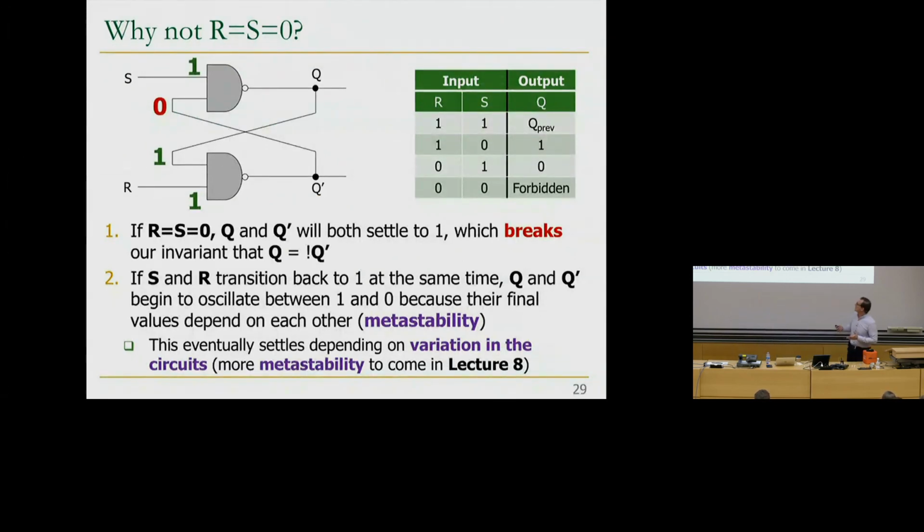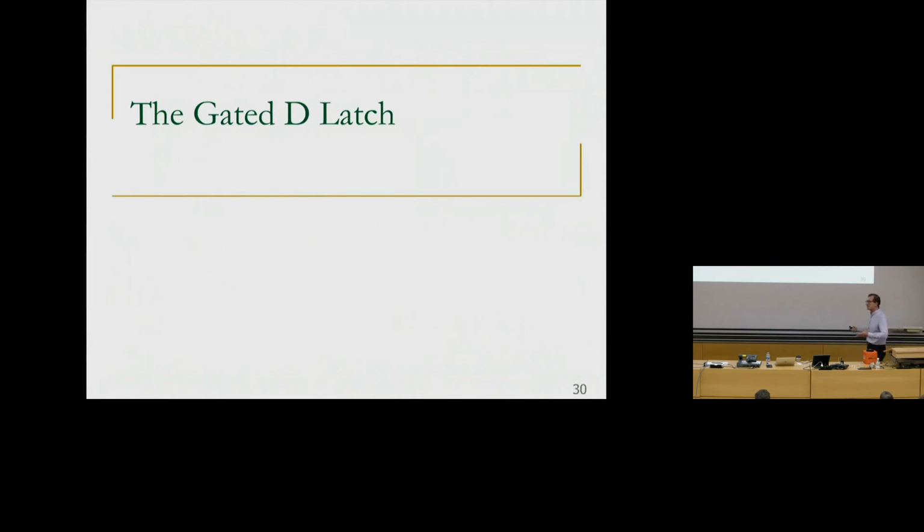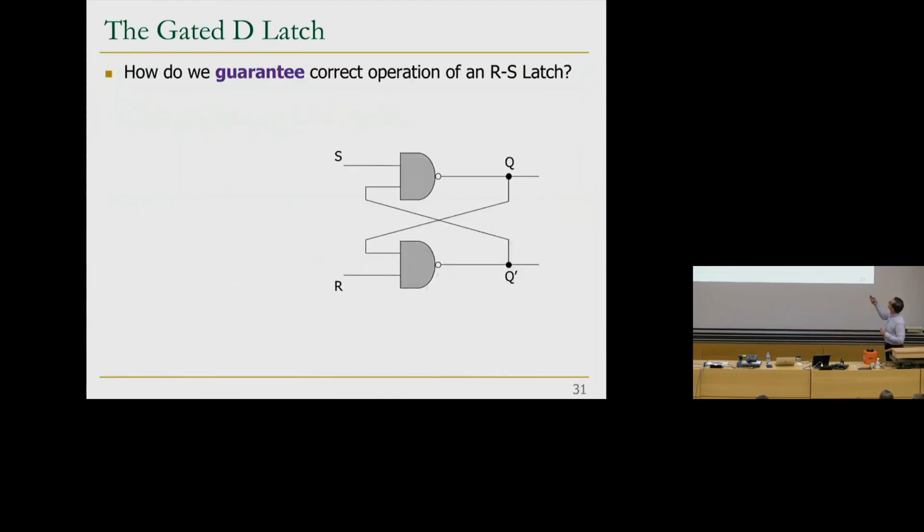We want to still control it, and we want to ensure that we never exercise this forbidden state. So the next thing that I'm going to introduce is called the Gated D Latch, which basically ensures that we never get to that forbidden state, so that we can control the system much better. The idea is very simple. How do we guarantee correct operation of an RS latch? We start with the same RS latch over here,